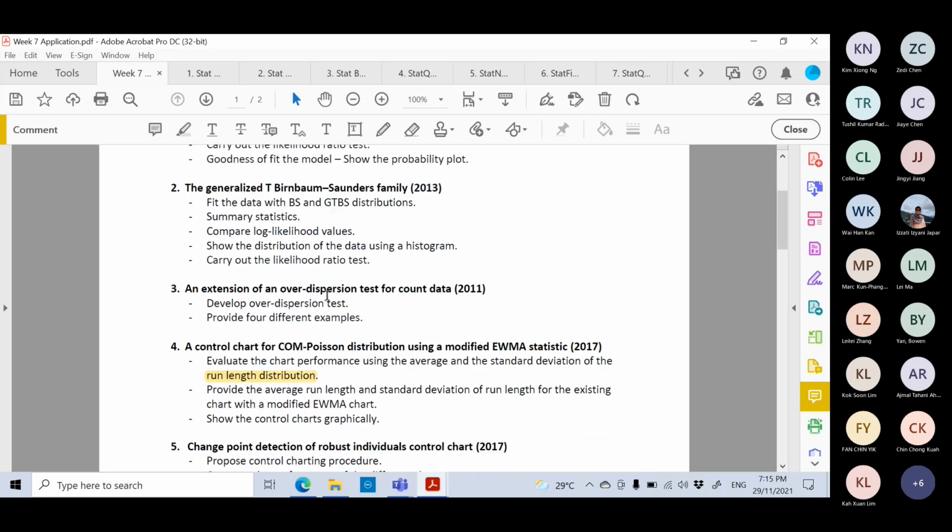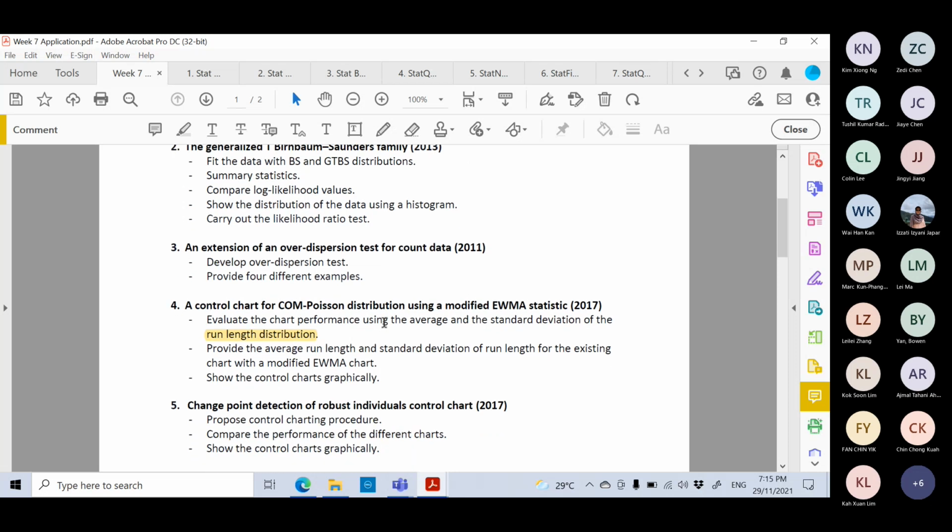For the third paper, you need to be able to derive the test, and at the same time, you need to know the distribution of the test statistic, and then you come out with the extension of your test. Okay, so for the fourth one just now, also a control chart, but they modified the EWMA, and